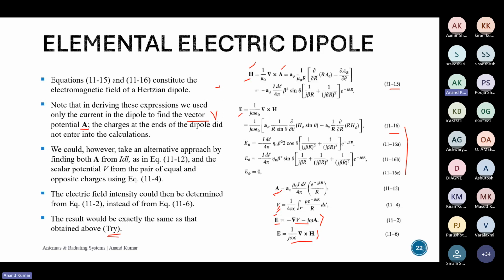So there's a question: 377 ohms is space impedance. Is it constant? So for free space, yes. Is it constant throughout the universe? I think so, unless there is moisture, humidity, and other factors. It might be different for dry air as compared to humid air, but for free space, yes, it is 377, constant.